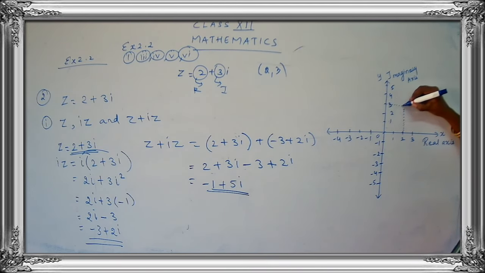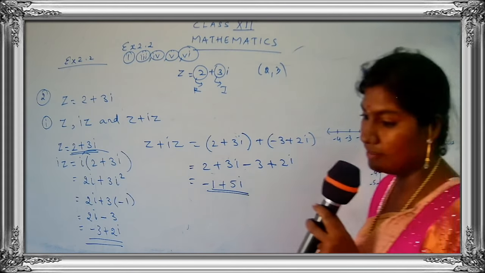Use your pencil and your scale to plot the diagram. So this is z and you put here 2, 3. We are plotting the value for z, and what is the coordinate? 2, 3. 2 is the real part and 3 is the imaginary part. So try for the second and the third, children.